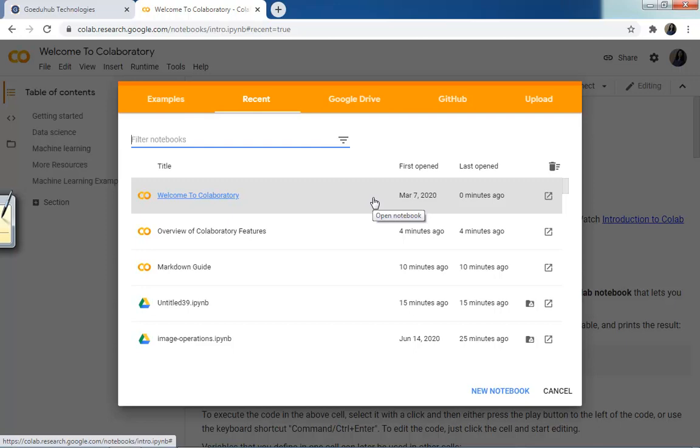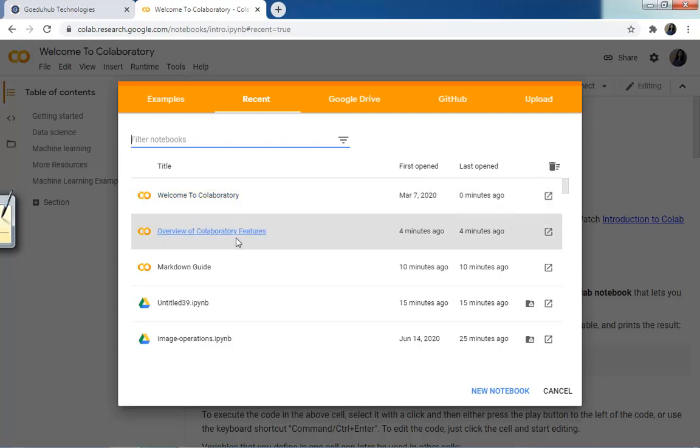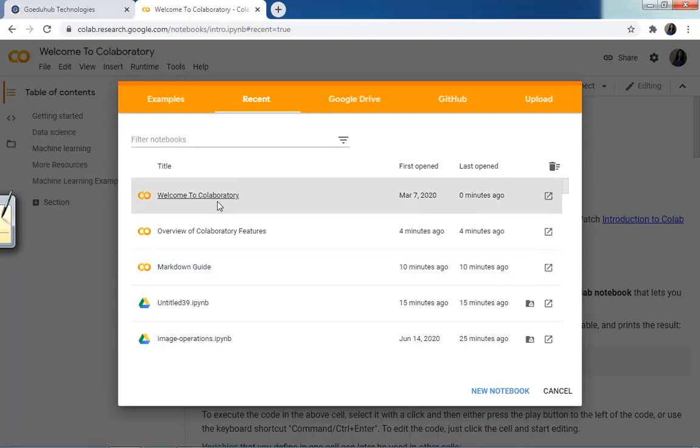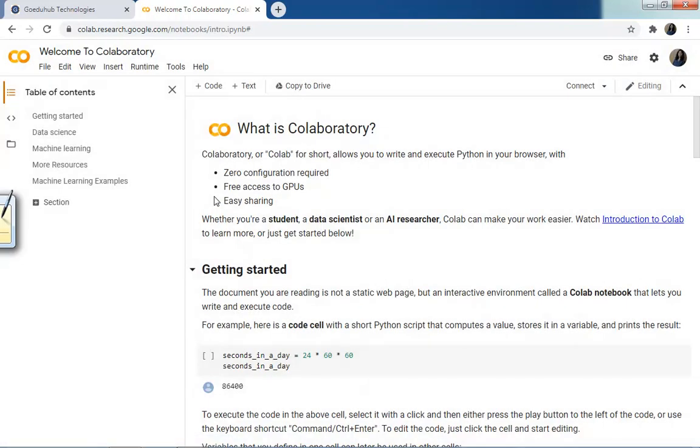Here, welcome to Google Colab, or you can start a new notebook. I can show you first the welcome to Google Colab page. Whether you are a student, a data scientist or an AI researcher, Colab can make your life easy.